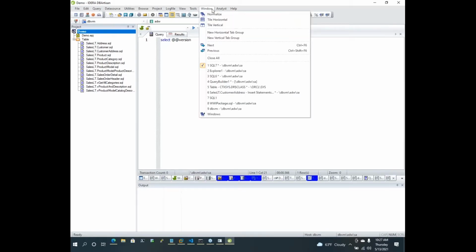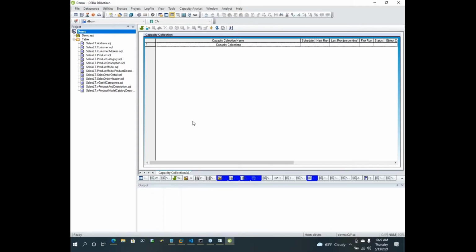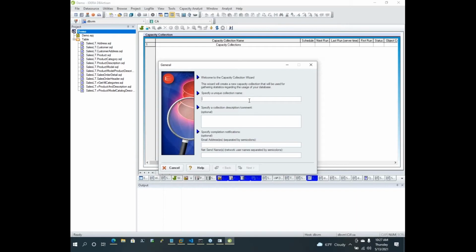Now let's talk about our Analyst Packs. We have mainly three Analyst Packs that come with the product. One is the Capacity Analyst, which is used for capacity planning. Let's take a look. Let's create a new capacity collection wizard. Here I'll give this a unique collection name, so I'll say daily, or I'll say quarterly